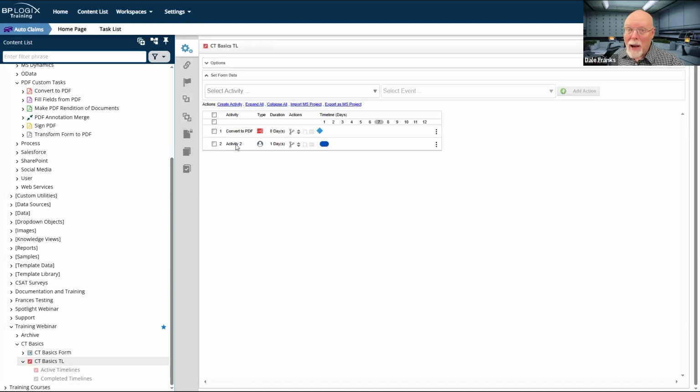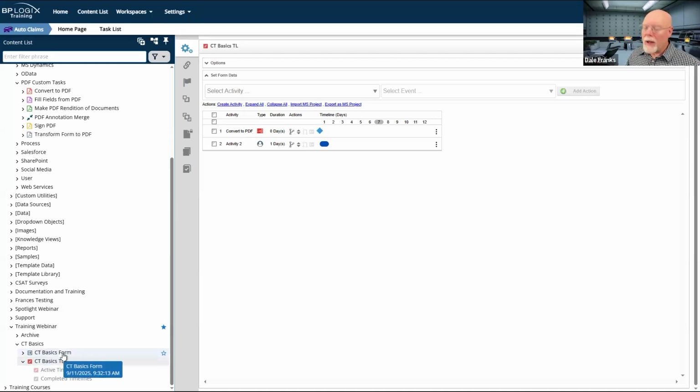And I might never see the attachment for that PDF. It may never show up on the form. I could conceivably complete activity 2 and submit the form before the PDF conversion was even complete. So you do have to be careful about that with something like convert to PDF, simply because it takes such a long time to run.